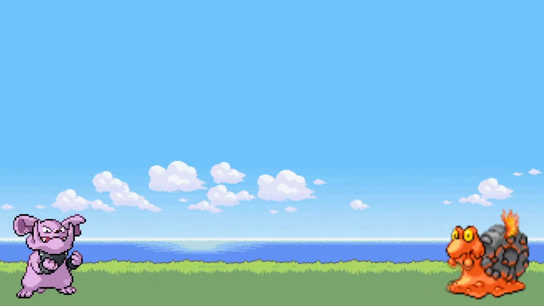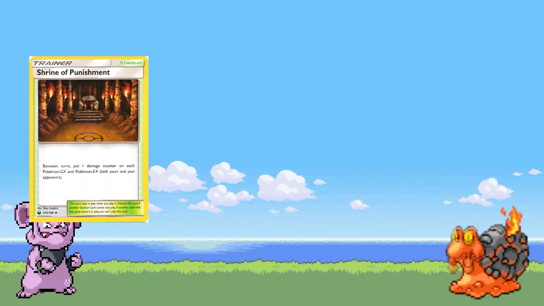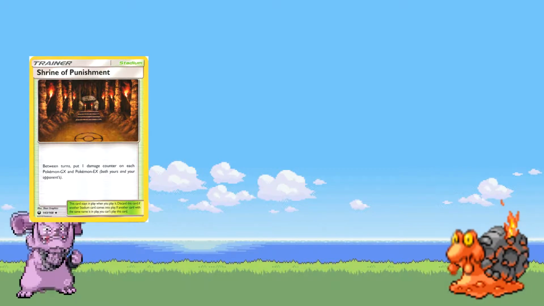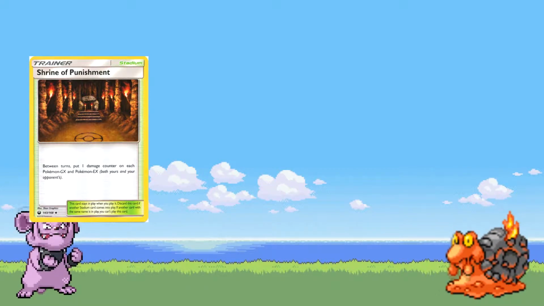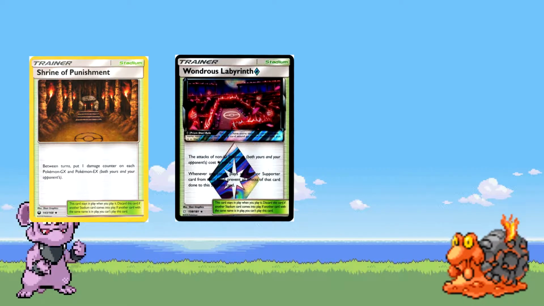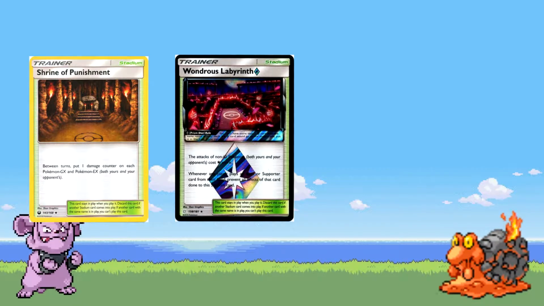Shrine of Punishment is one of the stadiums I run, along with a Wondrous Labyrinth and a Power Plant. I would definitely cut the Power Plant for another Shrine. I put the Shrine or the Power Plant in there to kind of help me against Zoroark and Dead Enemies and stuff like that. But I've realized that, hey, I kind of lose to Zoroark anyways because they just get